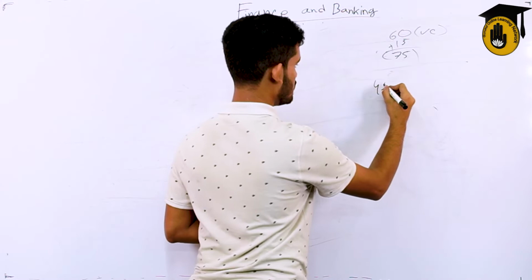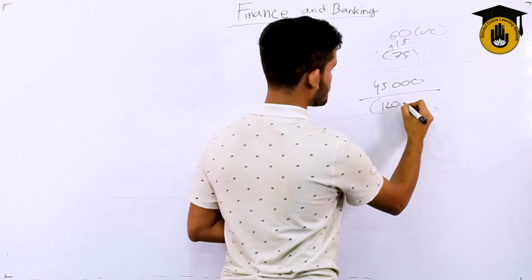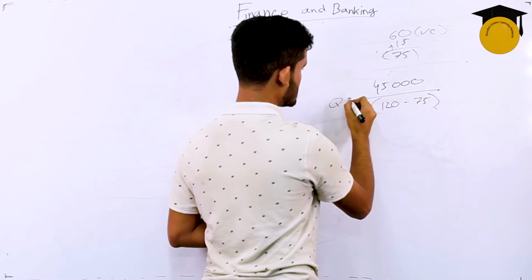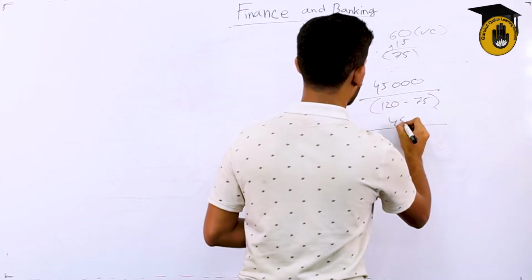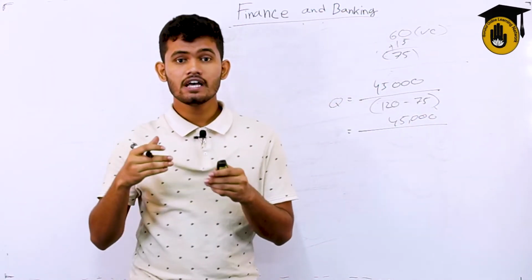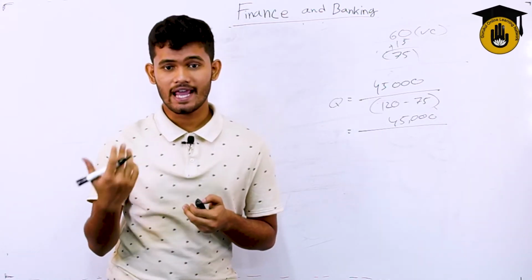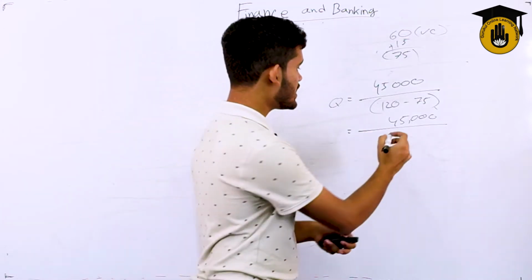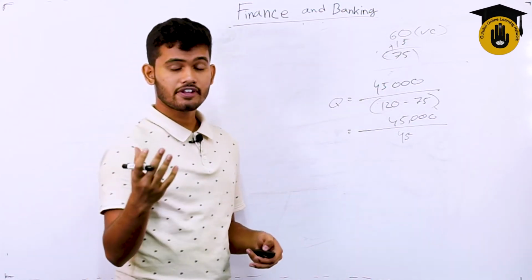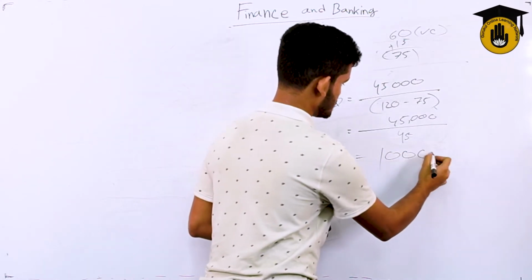So as usual, 45,000, which is the FC, divided by our P minus the VC. It's same as the Q. Each kind of situation has different effects on the last outcome of the break-even analysis. So 120 minus 75 will get a result of taka 45. So 45,000 divided by 45, that will easily bring us to 1,000 units.